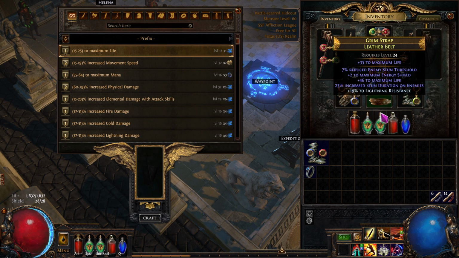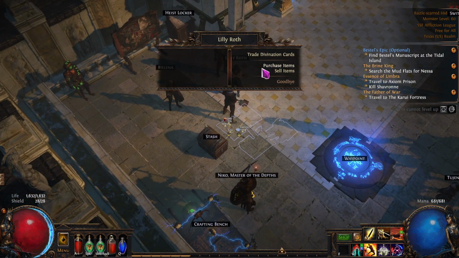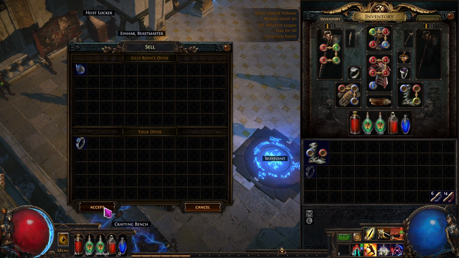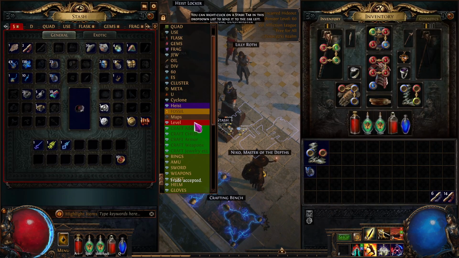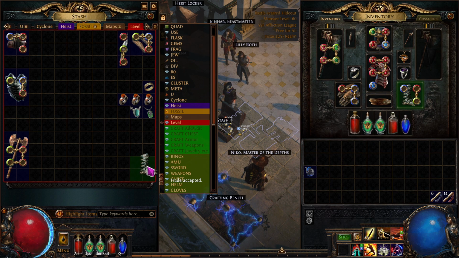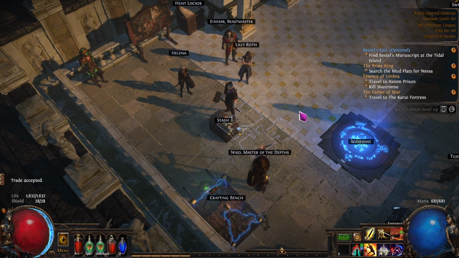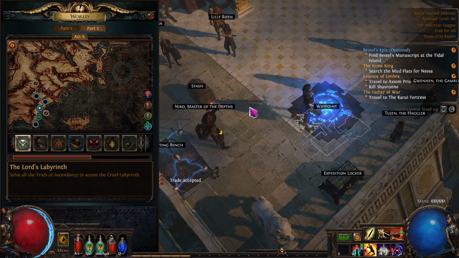Okay. Not bad. And we'll just commit to selling these. Accept, and we'll put this in the leveling boots one. I guess we'll put it right there. I guess we sold our old boots off. Vendored them. Okay. And then we can go back to